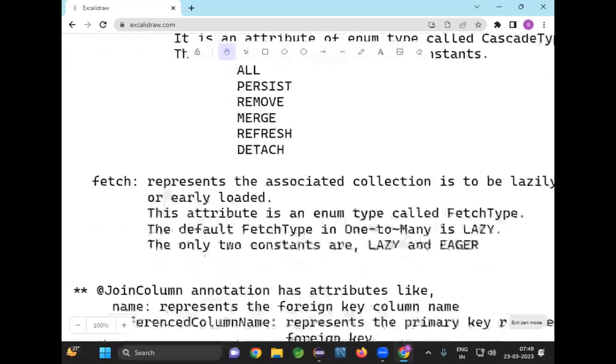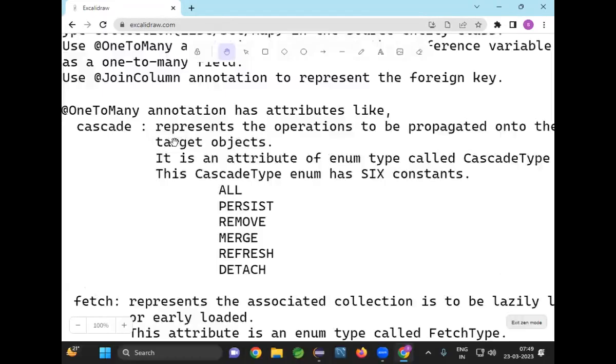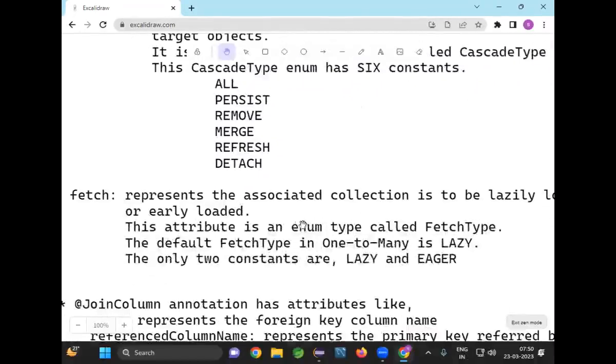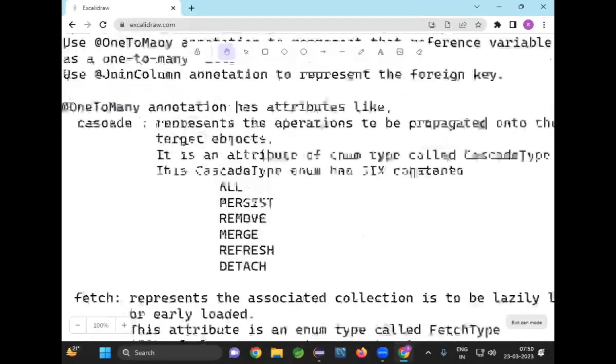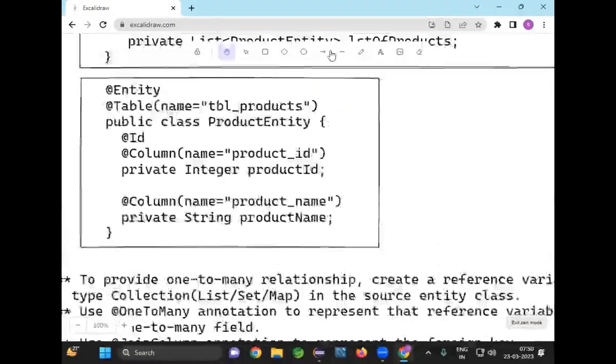Why? Because what's the default fetch type? Lazy. But you don't have any default value for cascade. So we must set the cascade attribute value. But there is no need to set the value for the fetch attribute in the one to many annotation. So let's see today. Today we'll also include